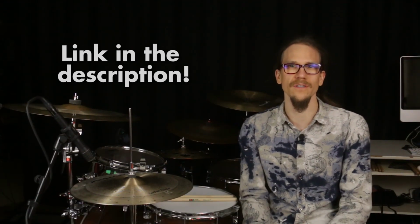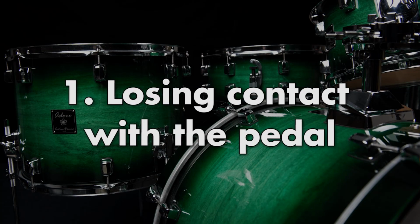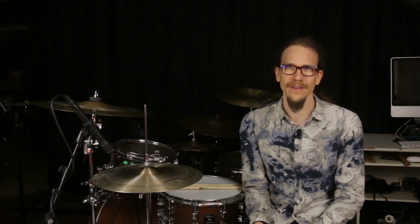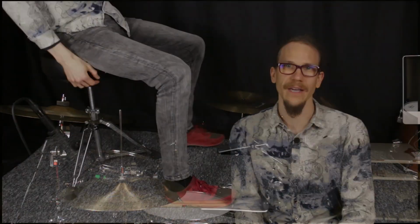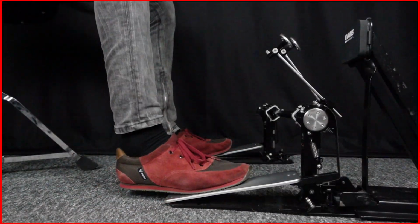And now to the first typical mistake. According to a small survey among my teaching colleagues, this is the most common one, namely taking the foot completely off the pedal between strokes. This can either look like playing a stroke and then putting your foot back on the ground,